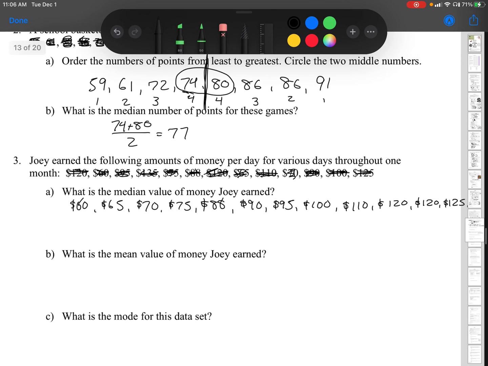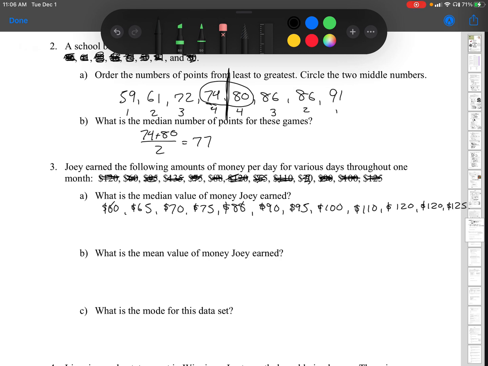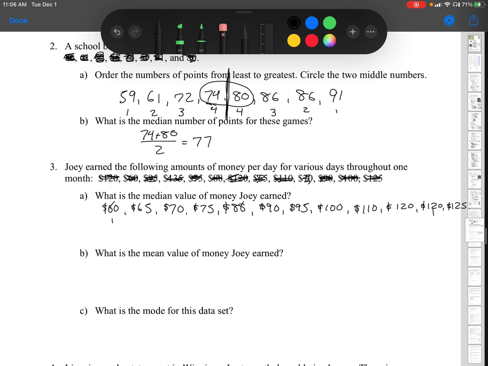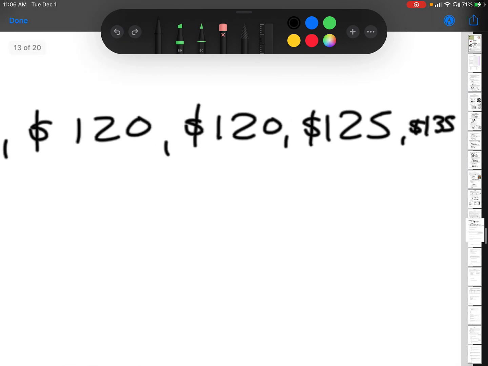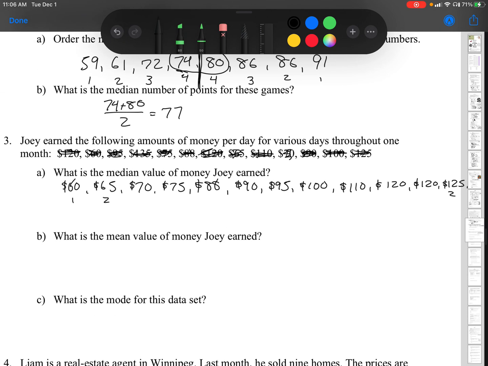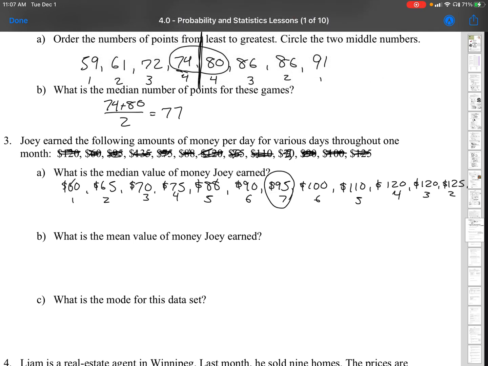Okay, so then the median value, same as before, start with the outsides and work your way in. So we got a 1, the 135, see if I can get it, nope, not going to let me do it. I'll zoom in. 135 is a 1. It means the 125 is a 2, and the 65 is 2, 3, 4, whoops, 5, 6, and 7. So then the median value, notice there's only 1 7 there. So the median is